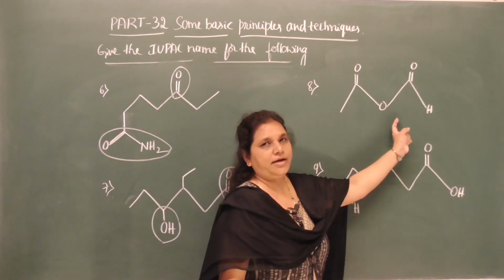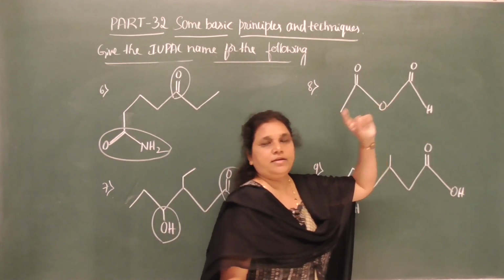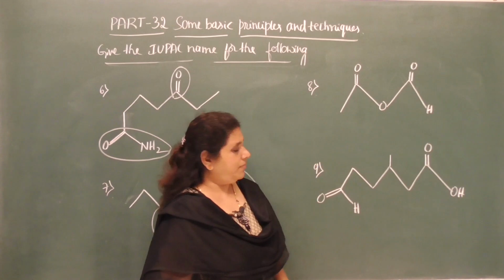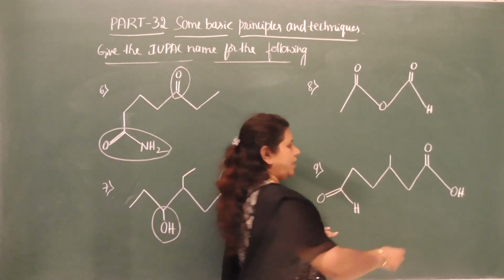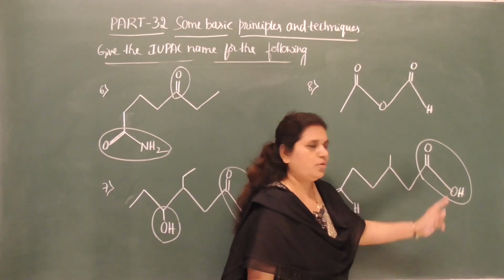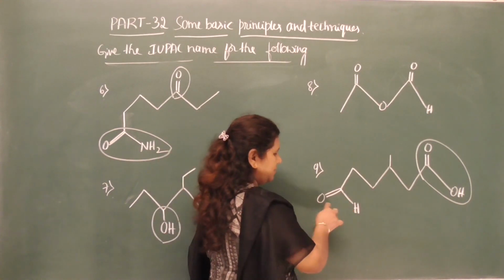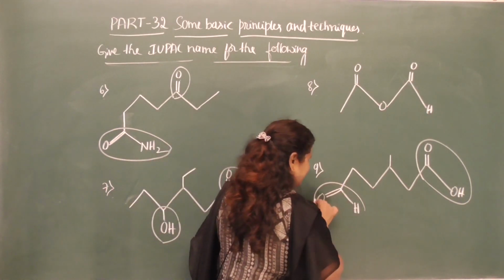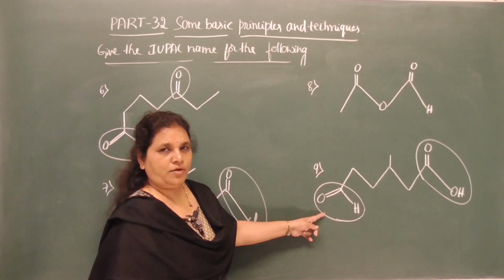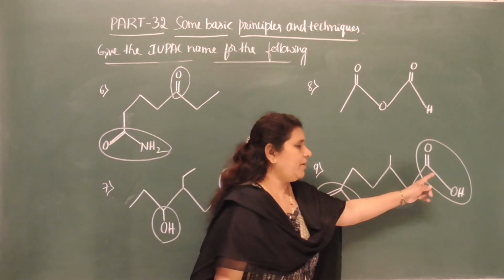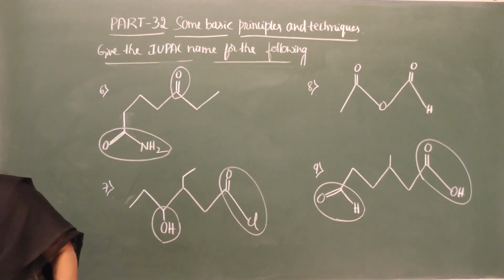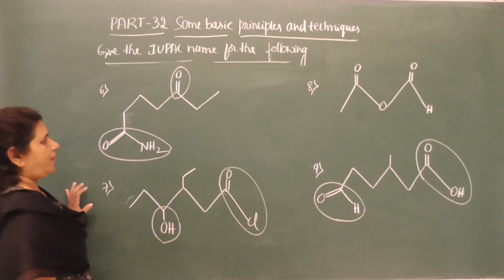So when it is an anhydride, how many carbon atoms are there? On the basis of that, we have to give the name of the anhydride. I will give the IUPAC name. And what about this? Here we have a carboxylic acid as a functional group. See here, C double bond OH. And one more functional group, C double bond OH, that is the aldehyde functional group. So here this acts as a substituent now because it is a secondary functional group, because we need to give the preference to the carboxylic acid according to the priority. Okay, now move on to the IUPAC name.